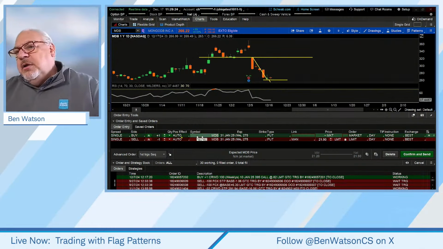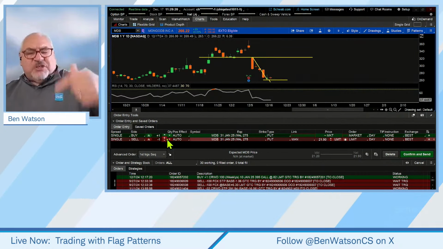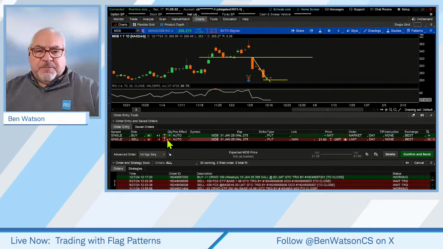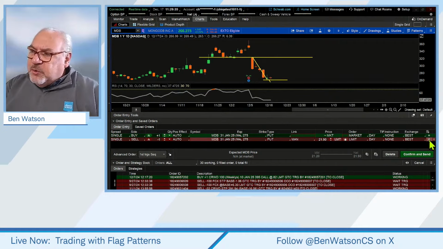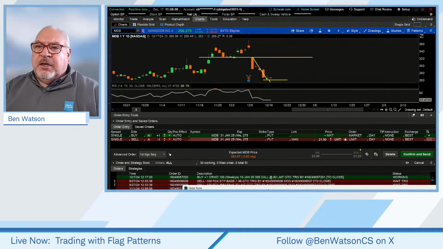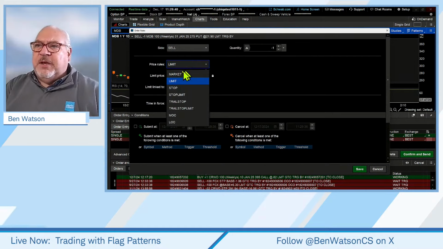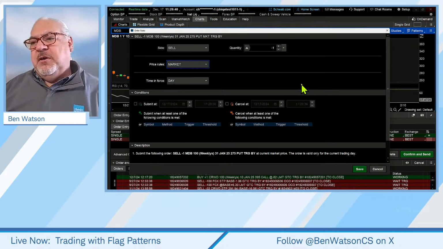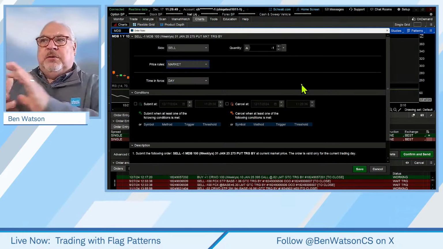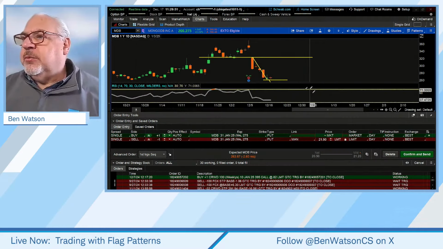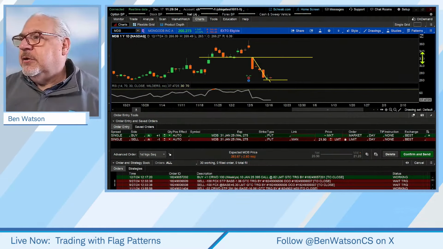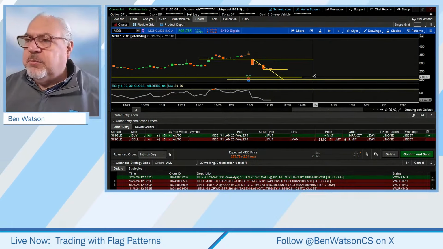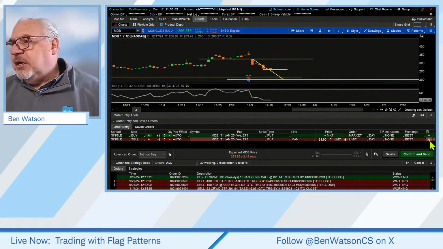Now we're going to make this second order a sequential, which only becomes a working order if the first one fills. If the first one fills, we're also going to click on that conditional gear icon, and we're going to make this a market order because we don't know what the option is going to be priced at if the price of the stock goes down. And we said that we're going to get out. Let me just make sure that we knew where our target was again here. Our target here was at 215.